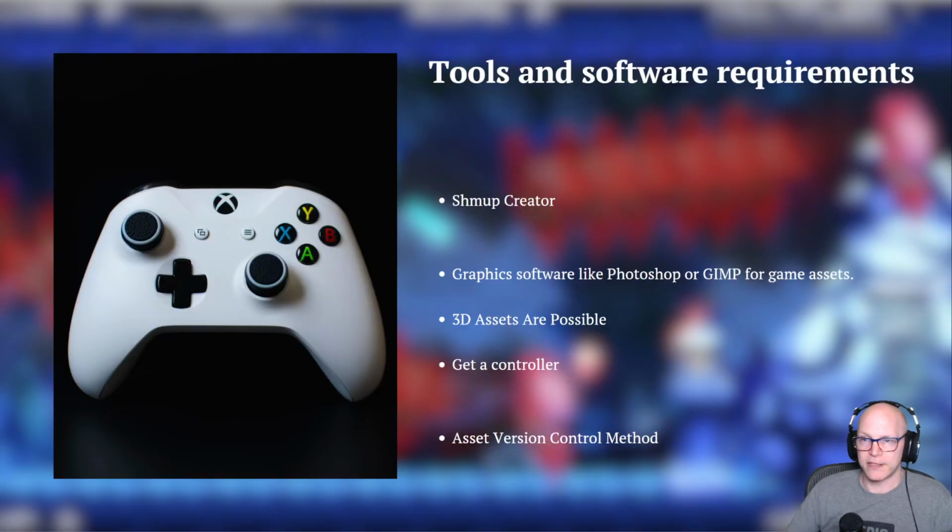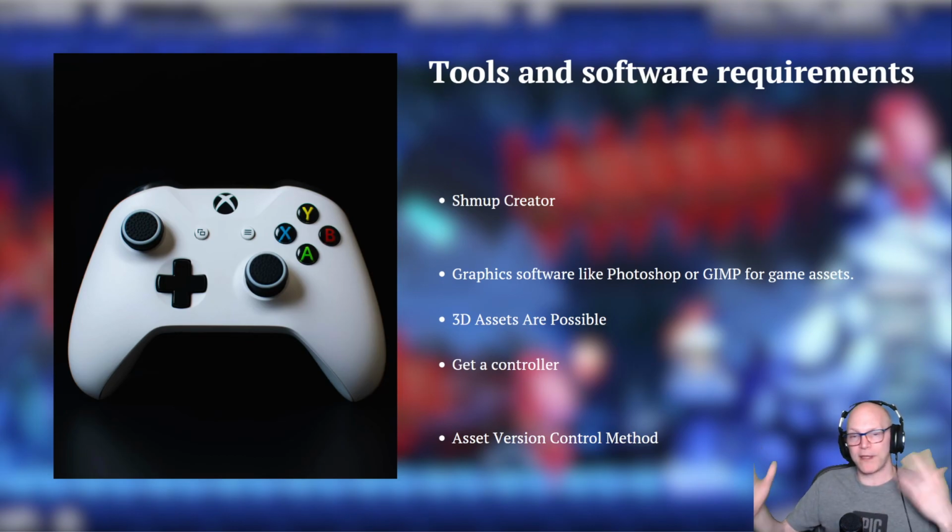So yeah, some things to think about: tools and software requirements. You've got Shmup Creator; it's important. You're going to need some kind of graphic software package for making your textures. So for instance, Photoshop or GIMP. GIMP is free. And there's a whole other deep rabbit hole you can go down with trying to figure out your own tools and development process. But this is something you want to think about, right? These are going to become your workflows. You're not going to make a game in just a couple hours. And when you take on these bigger projects, having a method to the madness and how you do it is important,